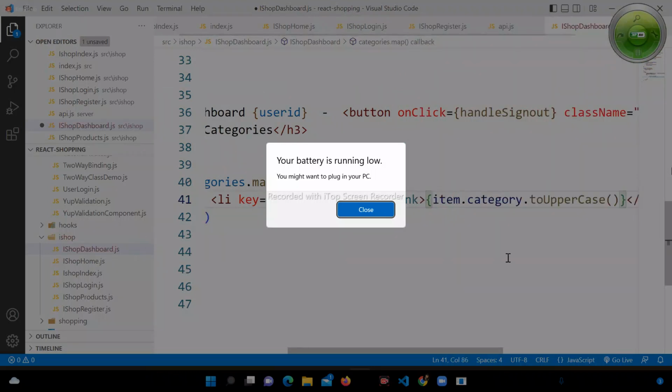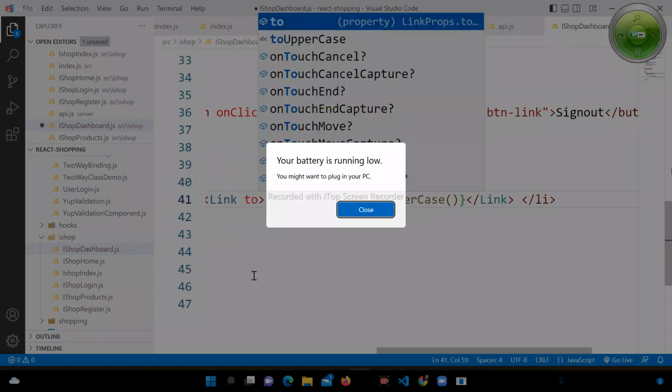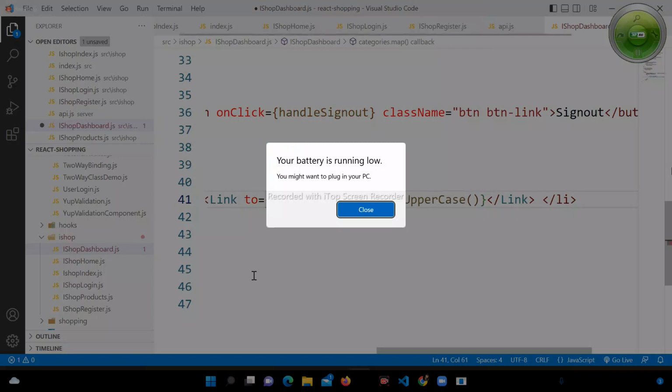And this is the name, and this should link to which location? It should link to /products. But the products path is expecting a category. If you don't pass it, it will not work. You see now, suppose products,